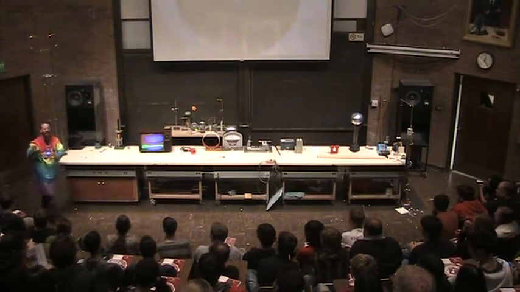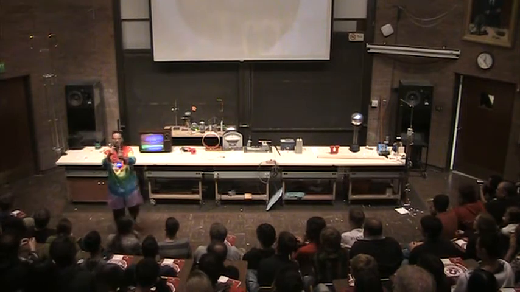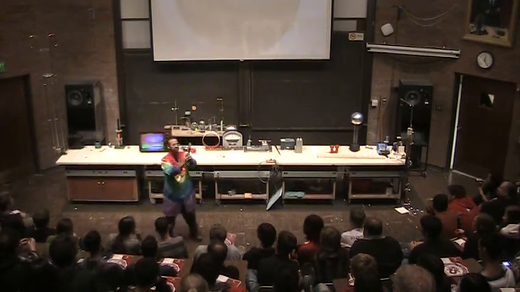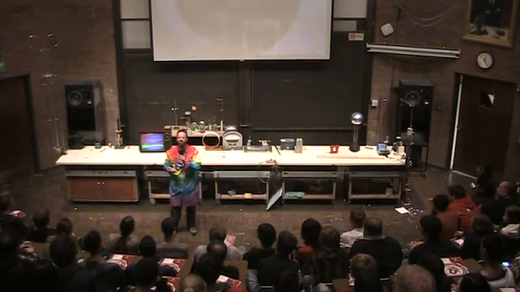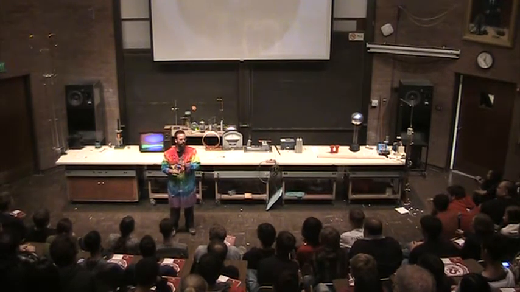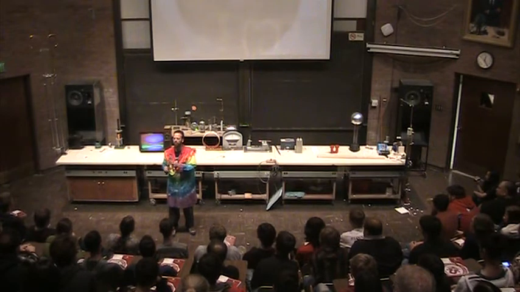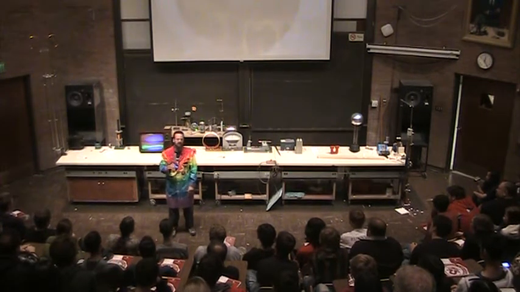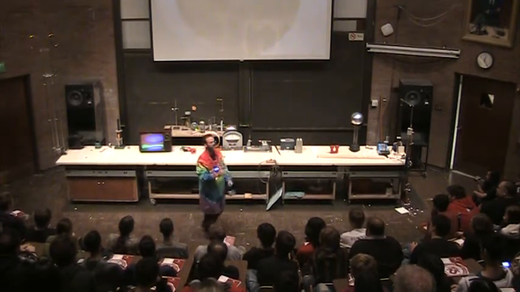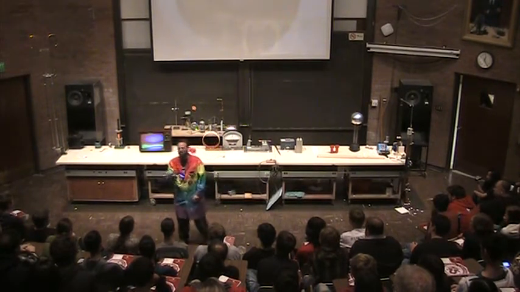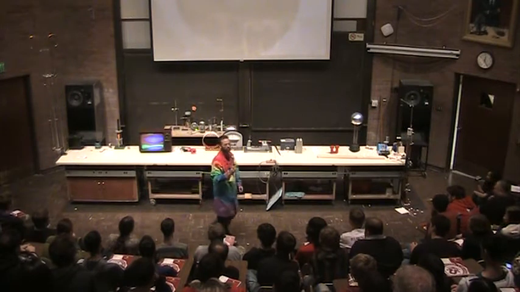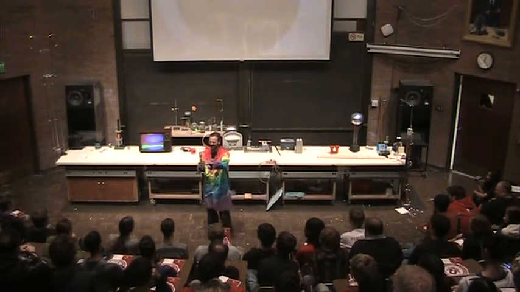They work exactly like the coil. Here's the magnet. Here's the coil. The coil's connected to an LED, and there's only electricity flowing when the magnet's moving in and out of the coil. Just like that. Now this isn't very useful because you've got to walk around like this, right? So what else do they do?